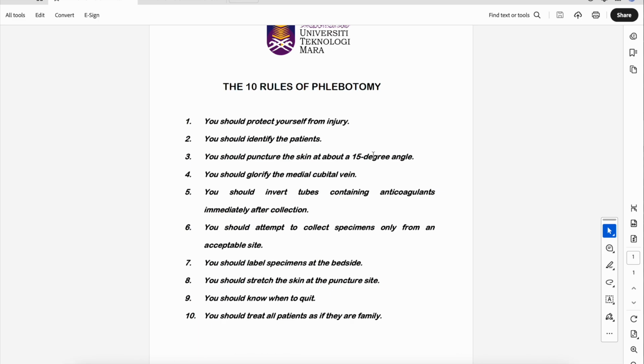As you begin your practical training, carry these rules with you. They represent decades of experience and hard-learned lessons from the phlebotomy community. Learn from this collective wisdom and contribute to the continued advancement of our profession. Thank you for your attention, and remember, excellence in phlebotomy begins with mastering these